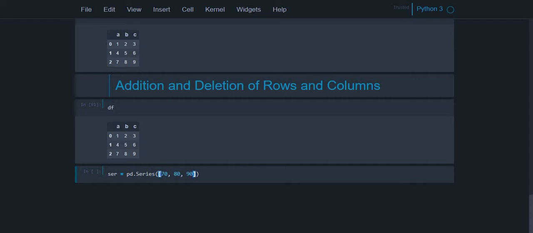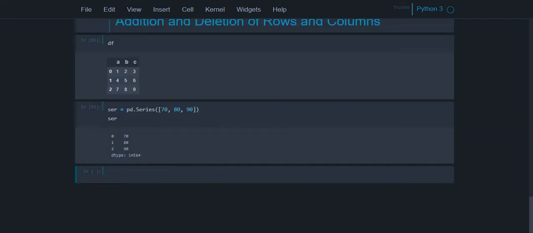So I created this series here. Okay, let me also add a name to it, new row. So if you will see, it also tells me that the name is actually new row, and then I just need to say like df2 equals to df dot append, and then we need to say here ser. So let me say here df2,